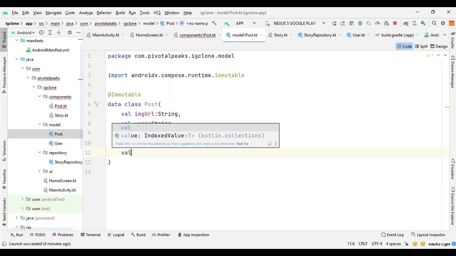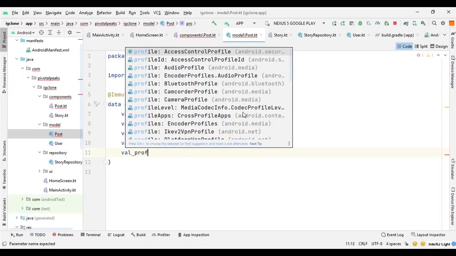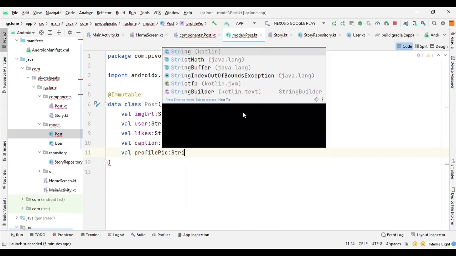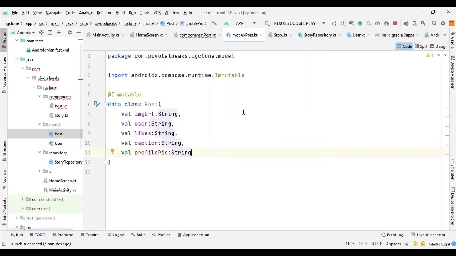And then we need the profile picture of the user who is posting of type string, and then we will have a comment section also.